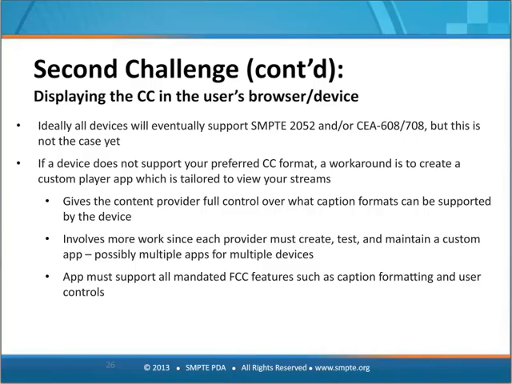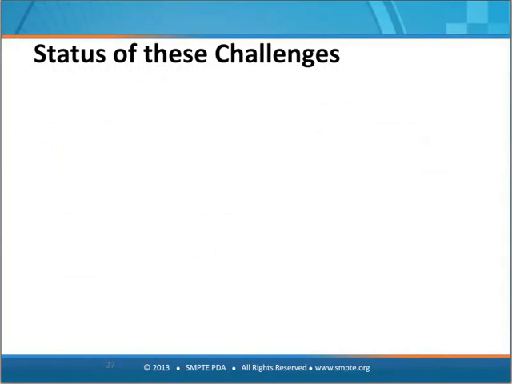But for smaller providers, smaller TV stations, creating your own app and supporting it, that could be a major time and cost sink, and you may not want to go that route. But if you don't go that route, then you have to rely on whatever is built into the device, which may not be what you need. And a quick question about carriage of SMPTE time text is standardized in some of the IP delivery formats. Yes, I believe that's a solved problem. The way to transmit SMPTE time text embedded into certain formats, that is standardized.